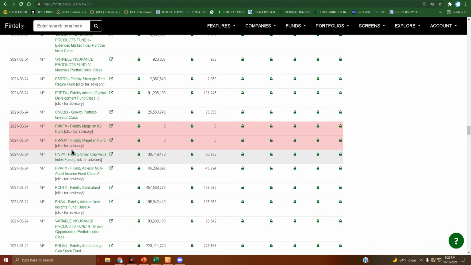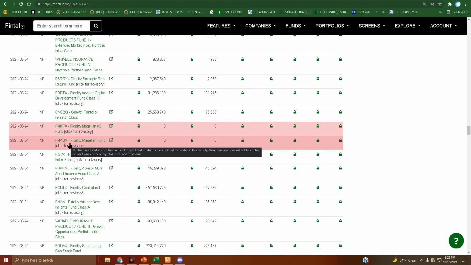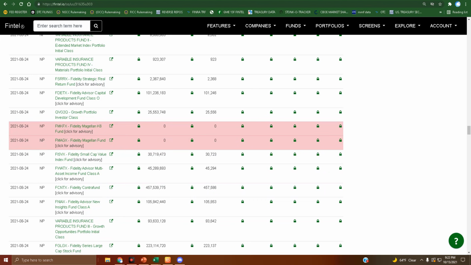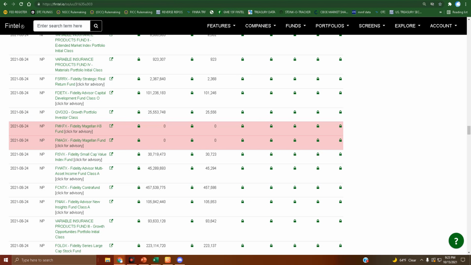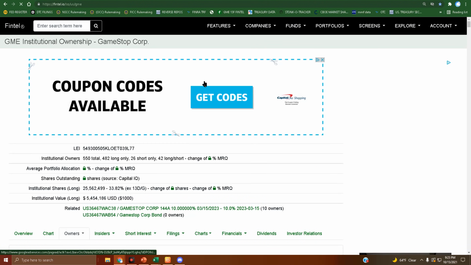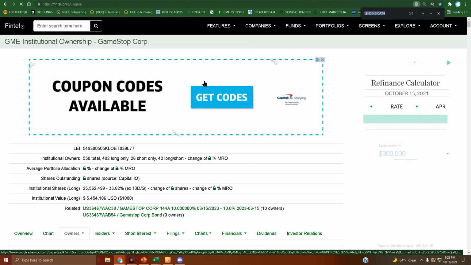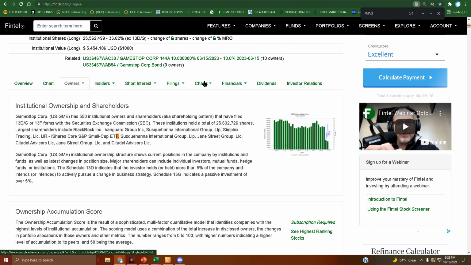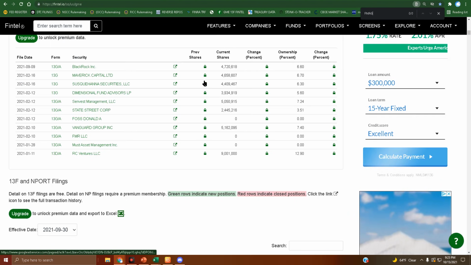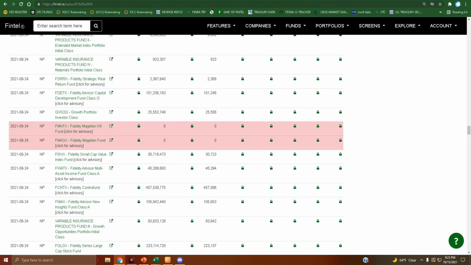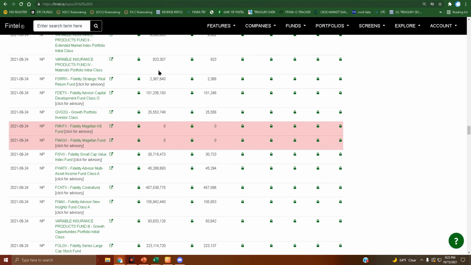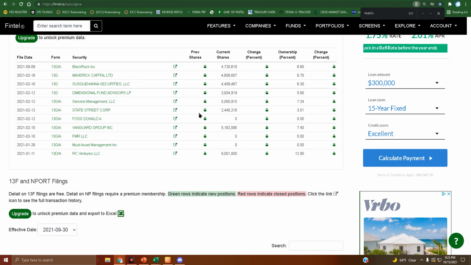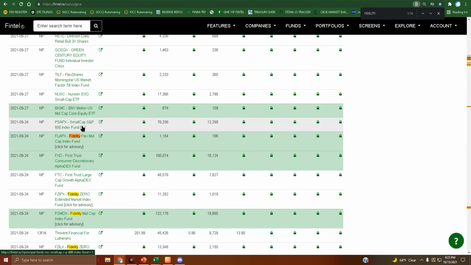Now, since then, they've only dumped these two right here, which I believe if you check GameStop's 13F, FMAGX, let's see if they dumped it from here. No FMAGX and FMKFX. Neither one. Interesting. Okay, so you'll notice that once I type Fidelity here and Control F on GME's 13F page,